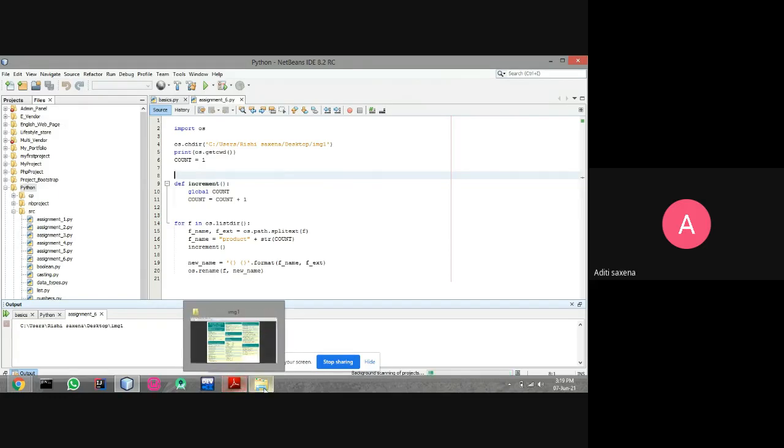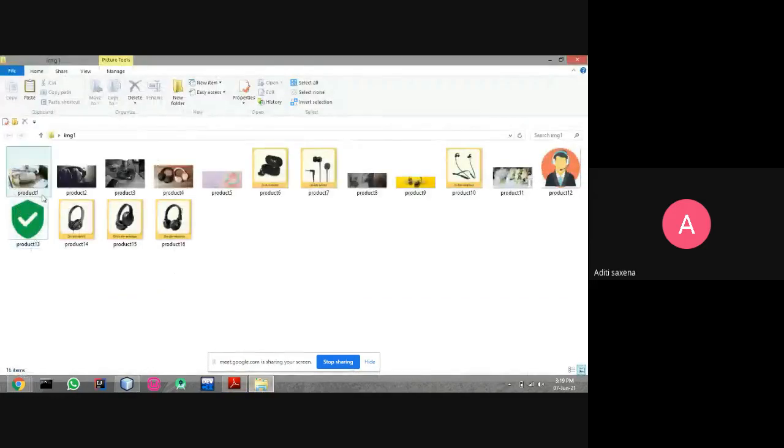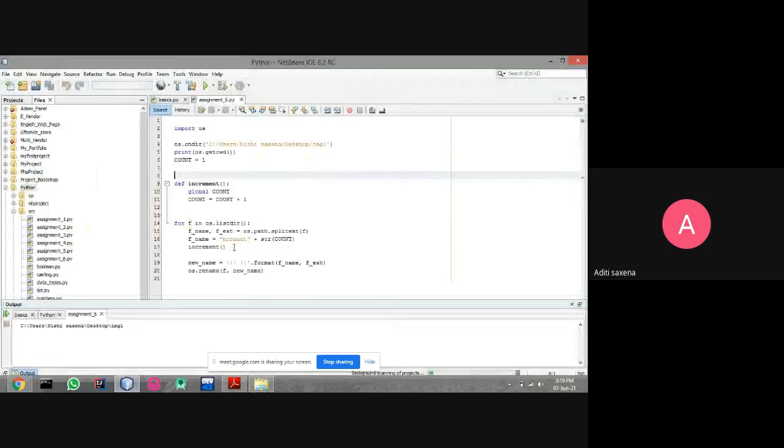Now I go to the img folder. Now all the products are renamed in one go. This is useful when you are creating a website, you have downloaded certain images and you want to insert these images in a particular manner. Instead of doing it one by one, use this method or this module of Python to quickly replace all the names in the same manner. So this is your assignment 6 that is completed.